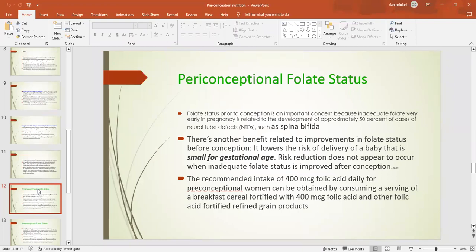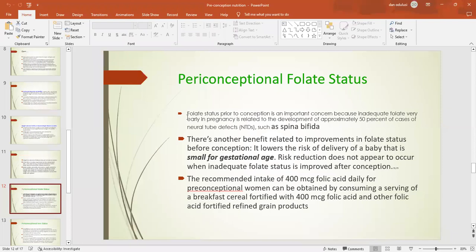And now we are moving to the micronutrients, very essential in the preconception period, deficiencies of which will produce adverse outcomes, abnormalities in the fetus, and also morbidity within the pregnancy period. The two selected for our course are folate or folic acid and iron. So the preconceptional folate status is very essential to be known, and supplementation is provided either through diet or through fortification of foods or through supplementation with